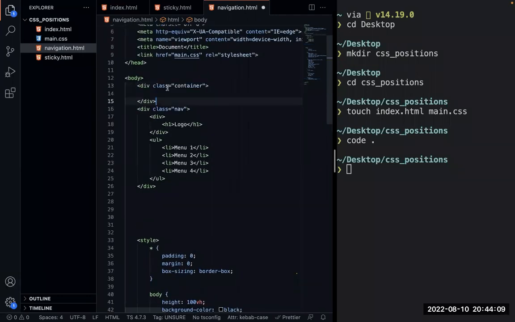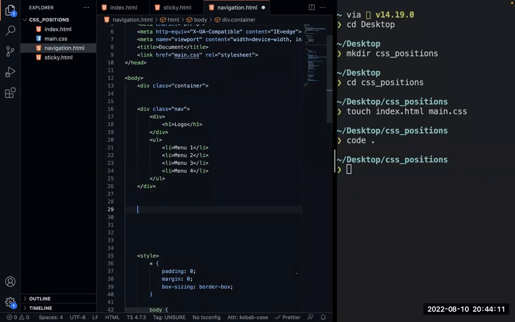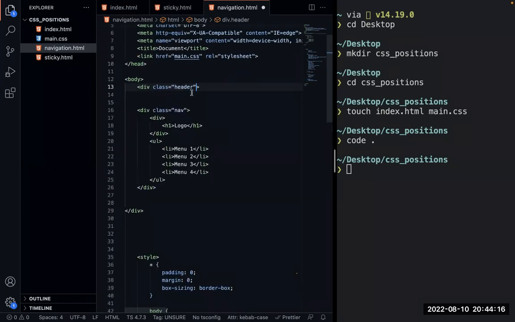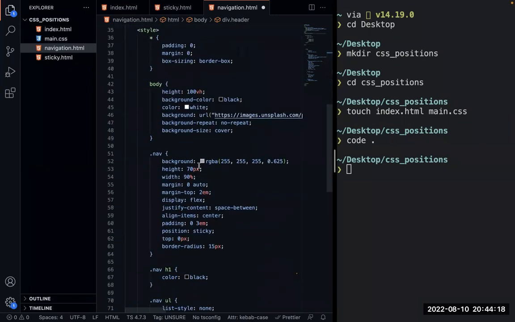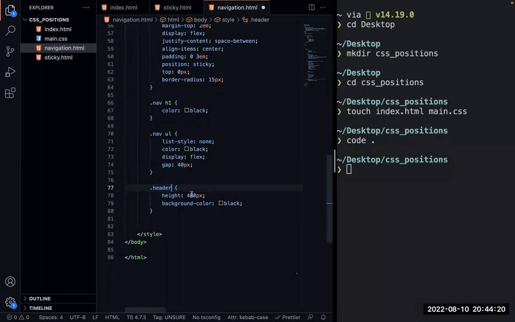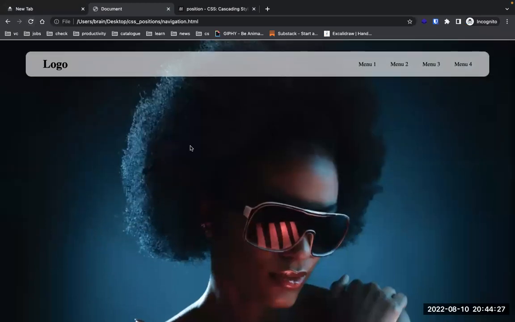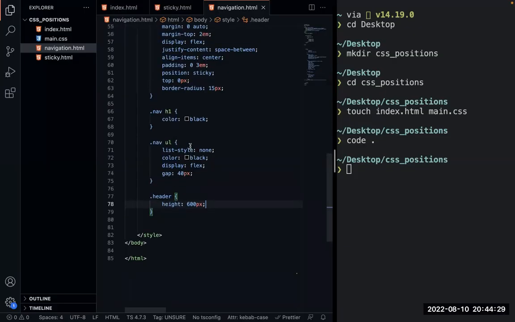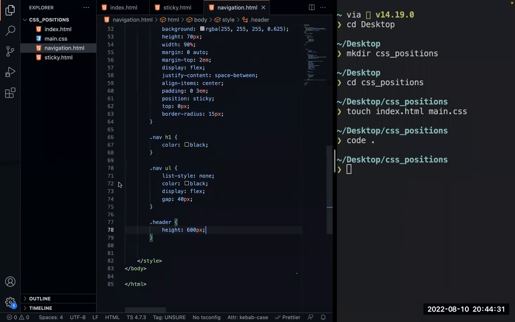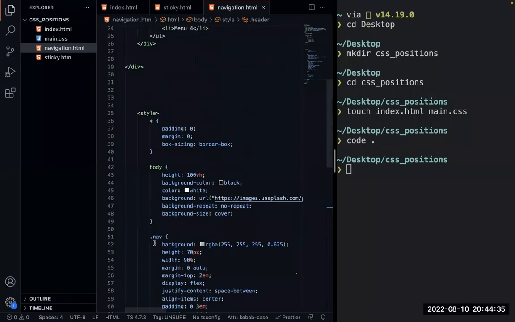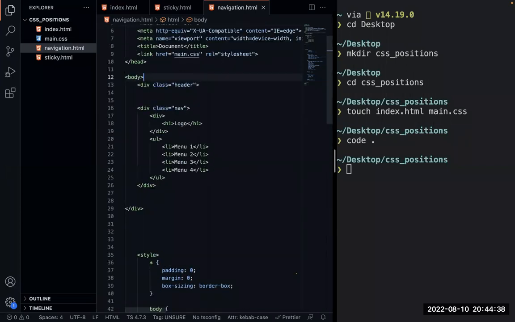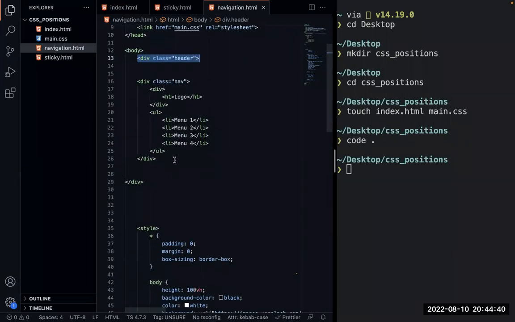Okay, so now the problem is, how do we really fix this? There are various ways to fix this. Of course, this is CSS, right? But what I'm going to do is simply use a different approach right now. So I'm going to set a header. So I'm going to say we have a header taking up 600 px. So that's very correct, using a background attachment fixed. But let's try to do this. So now that we have this as our header,